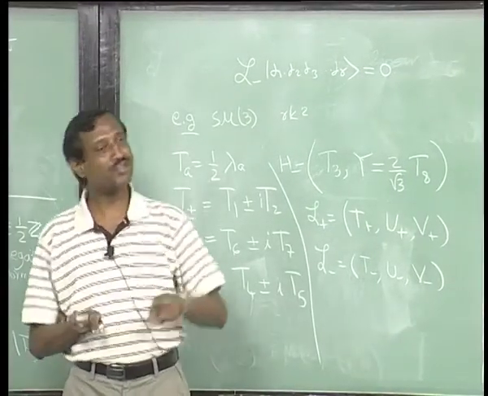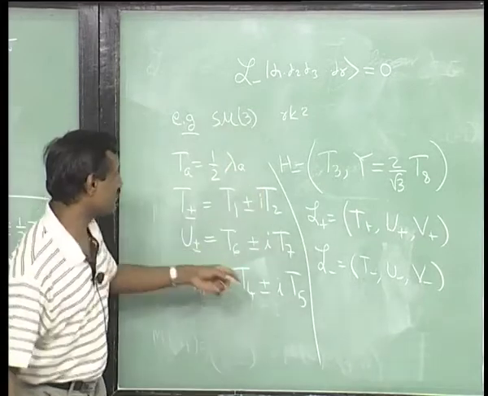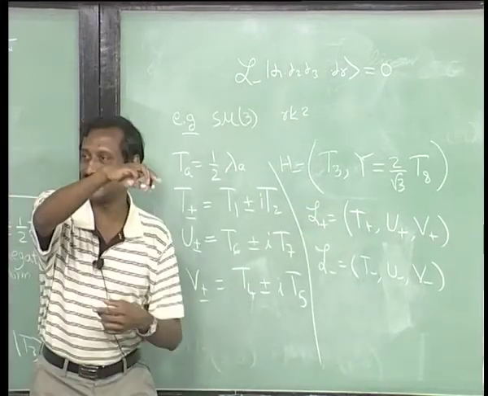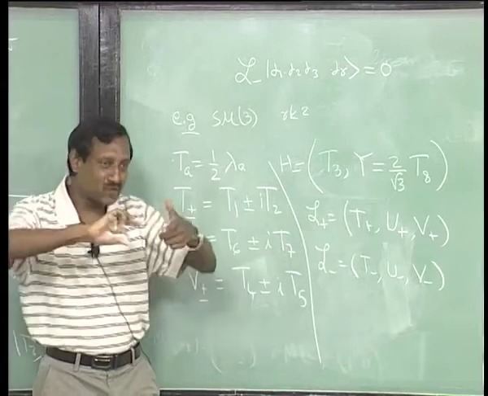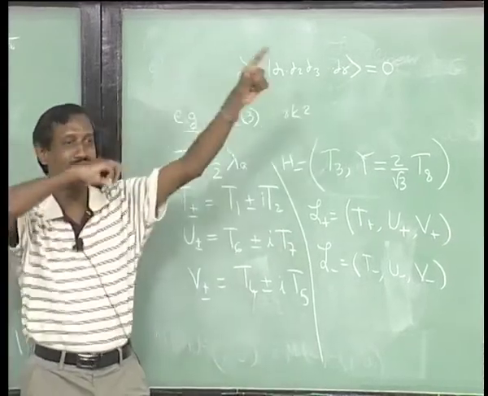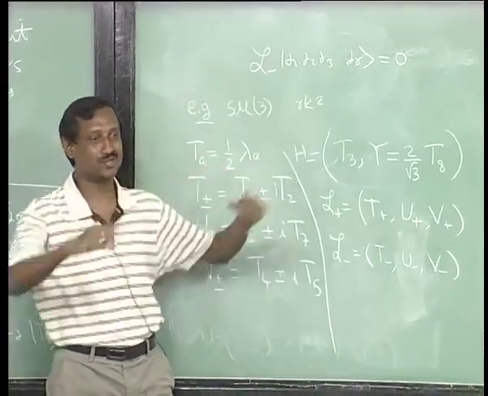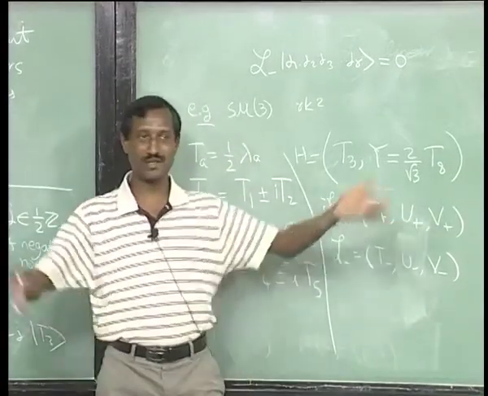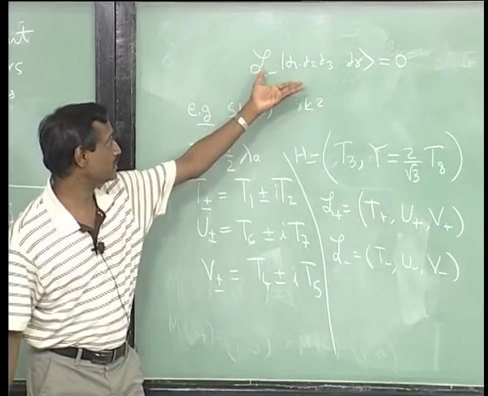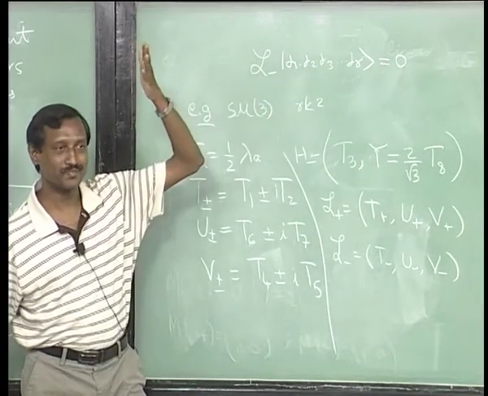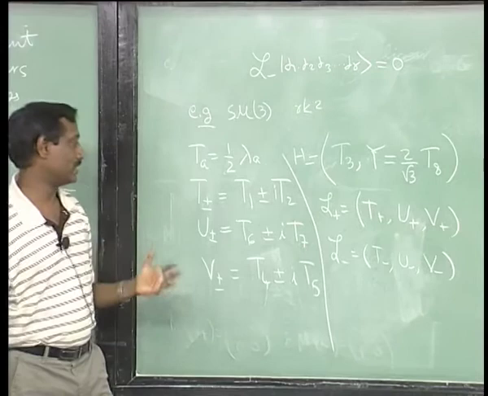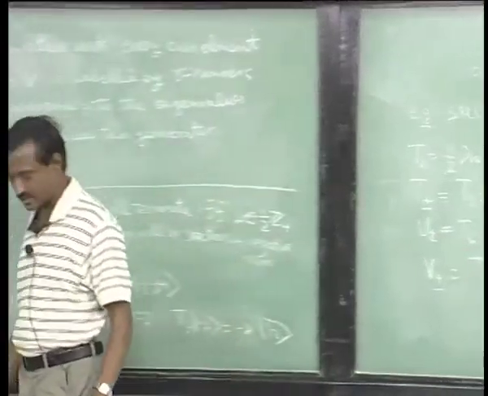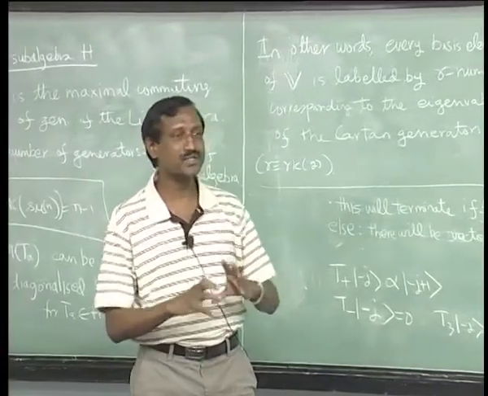Okay. In some sense, whichever way you did it, I can start first with T plus and then operate with U plus, etc. But of course, using the Lie algebra you can prove that things get related; 2 different paths could lead you to the same state. So you have to work with all these things, you start with this and you terminate it. Okay. And so you get a whole bunch of representations,